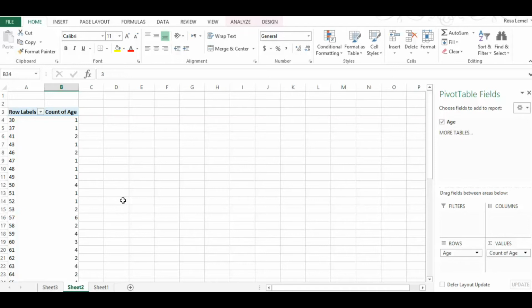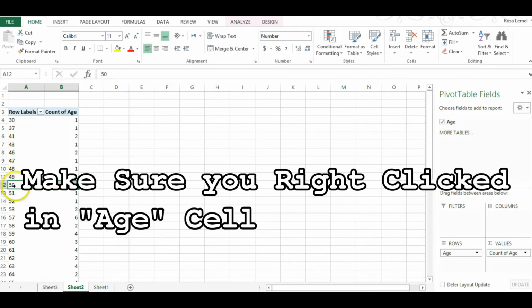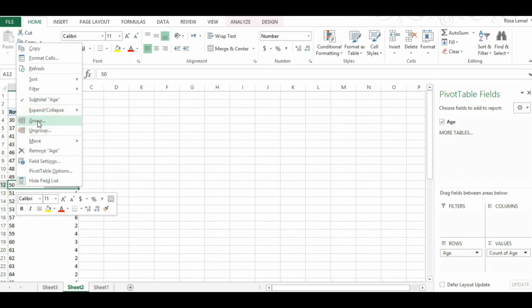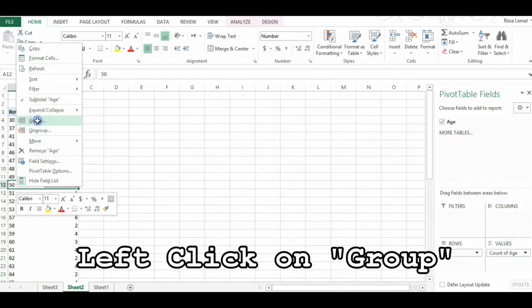All right, let's take a look at how we can use Excel to group this frequency distribution table into 5 categories. So what we do is we click on any of the cells that have the age in it and right click, and you'll see here choices, and one of the choices here is group. All right, so you clicked on a cell that has the age, you click on the option group, and then